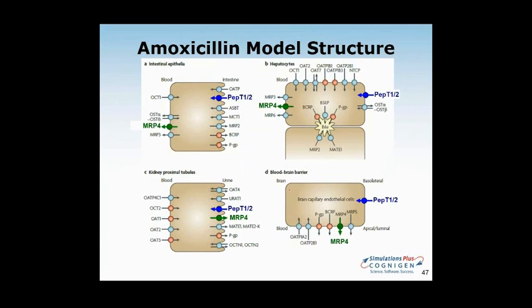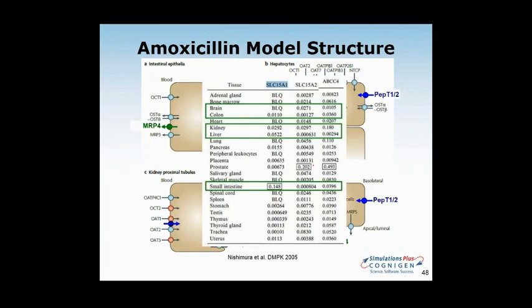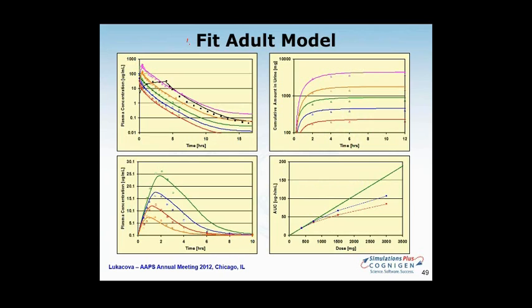and we started the process with developing the model, and I'll skip through the model structure again, putting in transporters where needed in the tissues. And we fitted the adult model against the adult data in IV doses as well as PO doses, and for some of these we also had the urinary secretion. So quite a rich data set, allowing us to really zoom into all the processes affecting the transporters on the absorption for the peptide-1 in the intestine, affecting the absorption of the amoxicillin, as well as the renal secretion and the transporter involvement for the renal secretion.